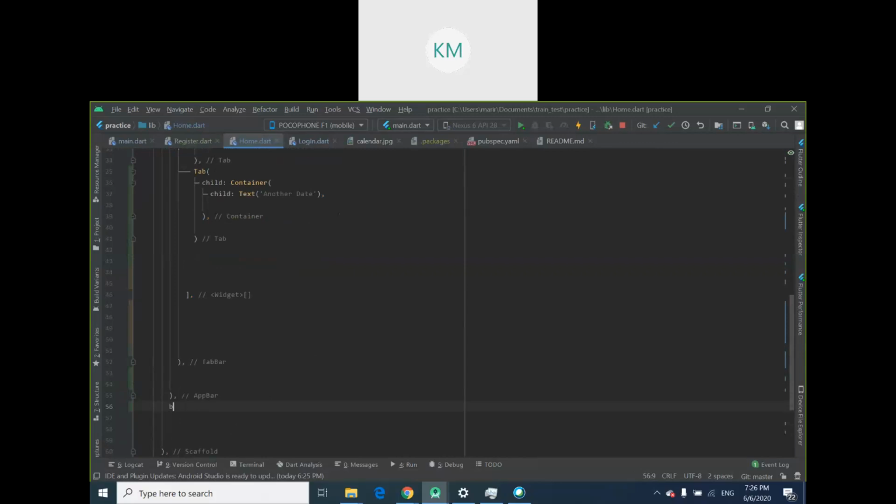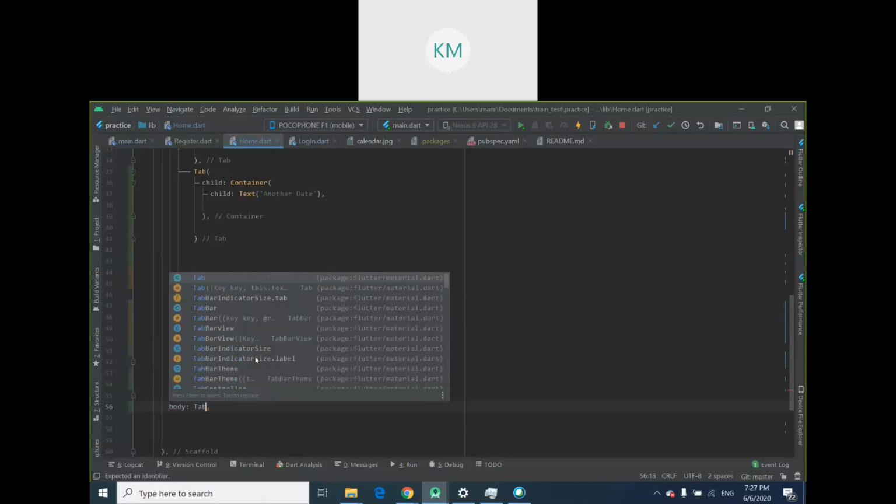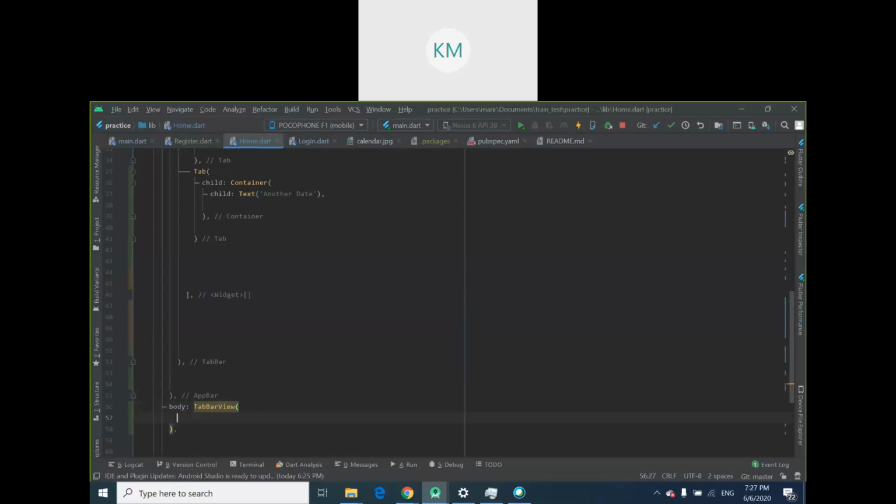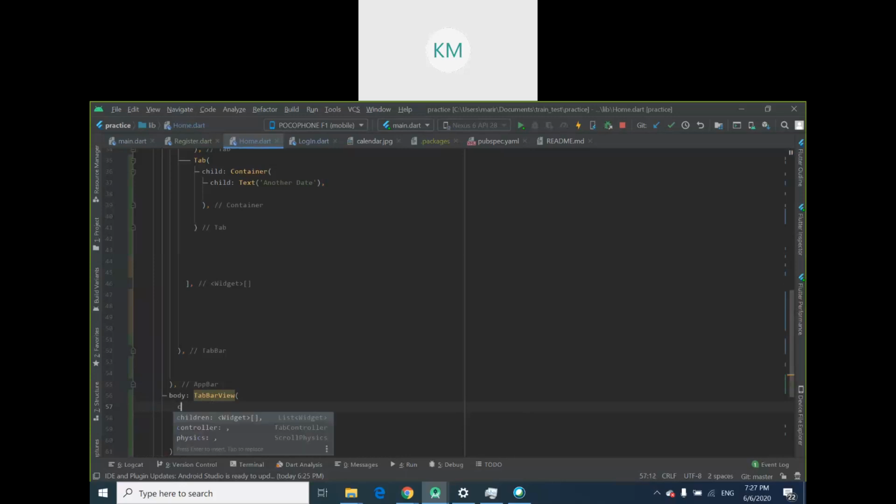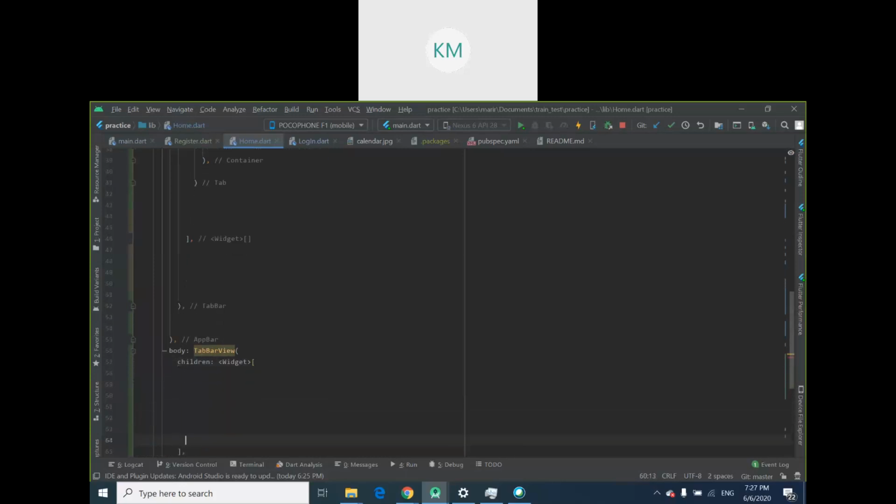And inside the body of your scaffold, you want to declare a tab bar view. So this widget is also pretty cool. It allows you to have multiple tabs. So yeah, I personally use it all the time. So tab bar view takes children. It takes a widget of type children,